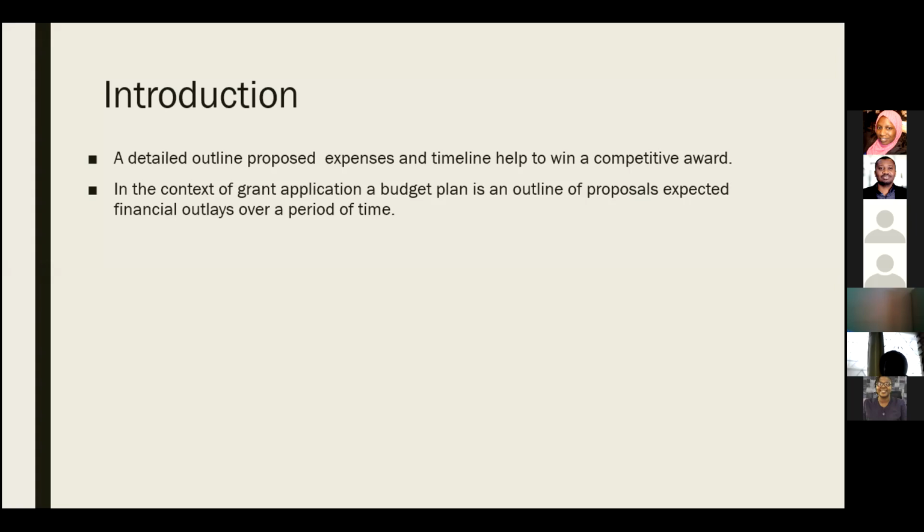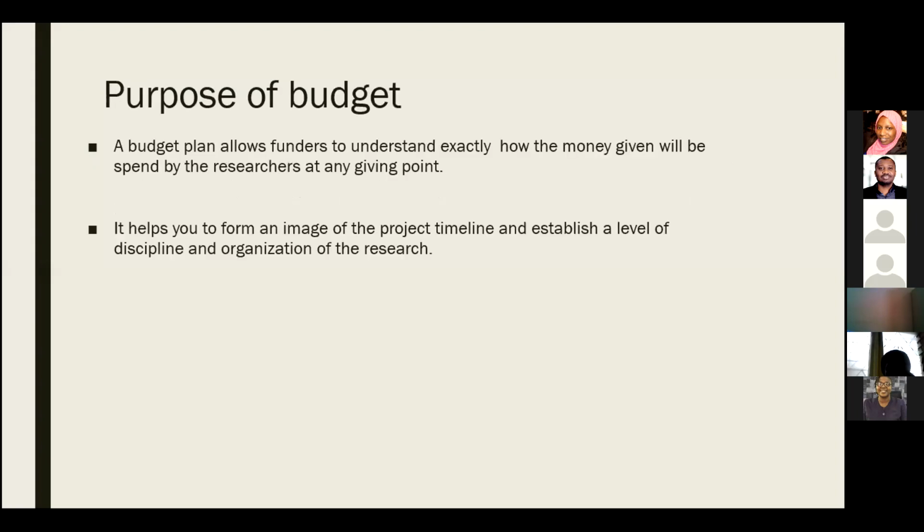In his article, he defined a budget plan in the context of a grant application. A budget plan is an outline of a proposal's expected financial outlay over a period of time. He also outlined the purpose of a budget plan. That is, a budget plan allows our funders to know exactly how the money given will be spent by the researcher at any given point. It also helps to form an image of the project timeline and